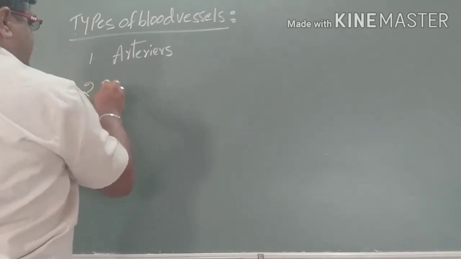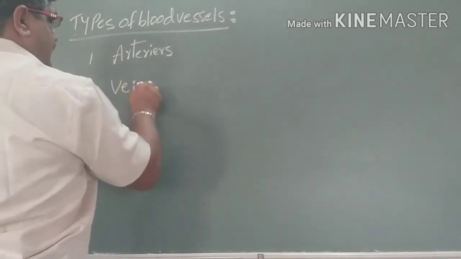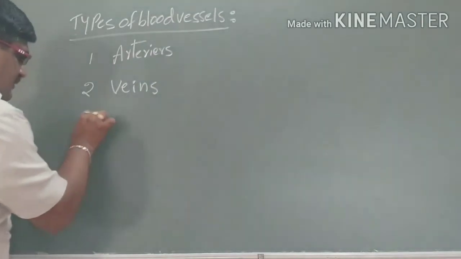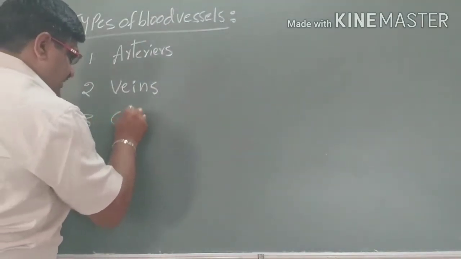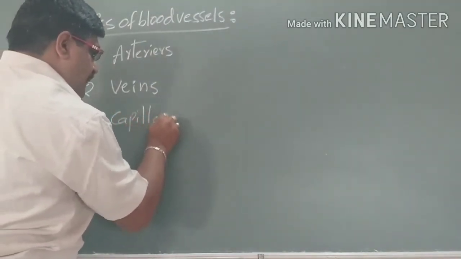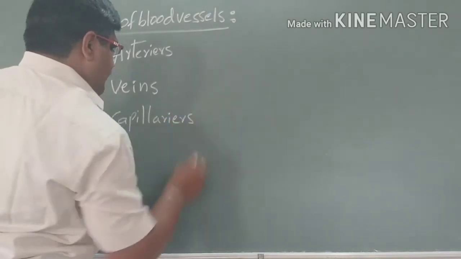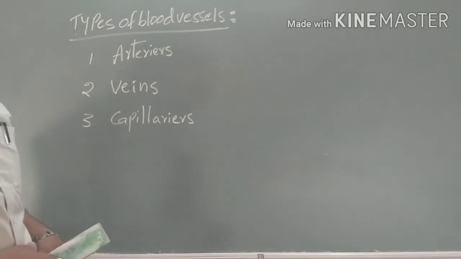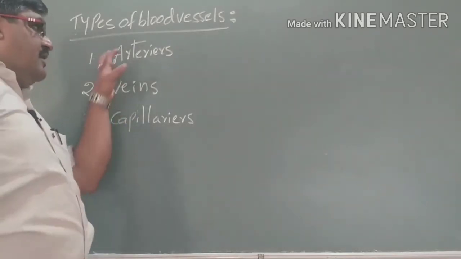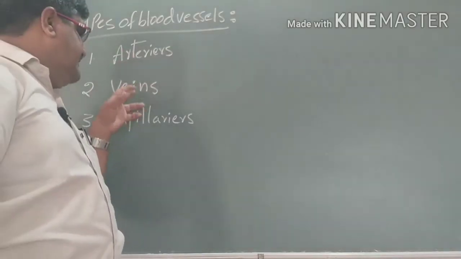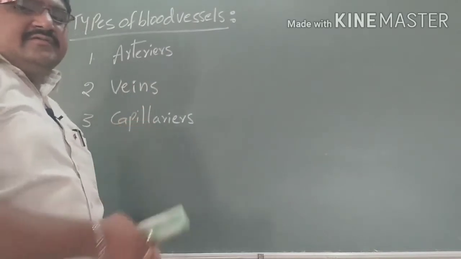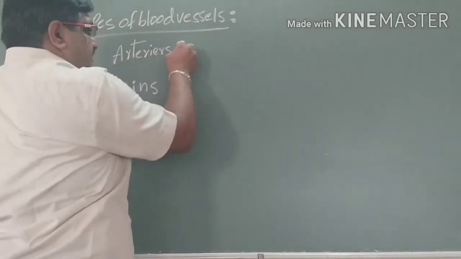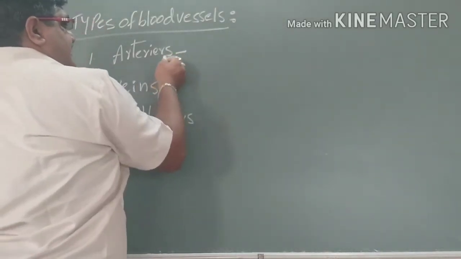The second one is the veins, and the third one is the capillaries. So these are the three types of blood vessels: the arteries, the veins, and the capillaries. So here, what do arteries mean? These are the blood vessels